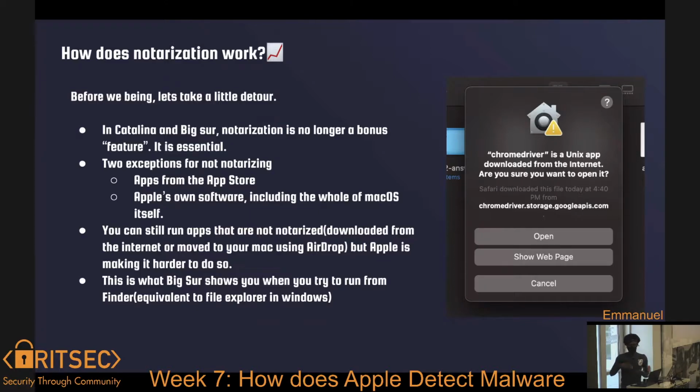But as you go on, it gets really hard to run applications that are not signed or notarized. Like in this case, I downloaded a Chrome driver to use the Python Selenium package. And if you try to run it by just double clicking on it, it tells me this because it wasn't downloaded from the App Store and probably not signed by the developer, which is Google, which is also weird. I just thought about that. So I get this message if you download something not from the App Store, like from the internet. It tells you, you got this from not the App Store, so are you sure you want to run this? It just makes sure you know what you're doing.